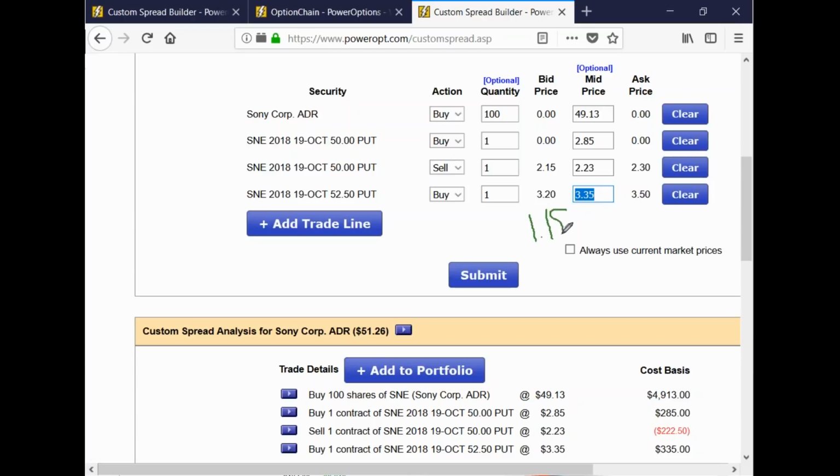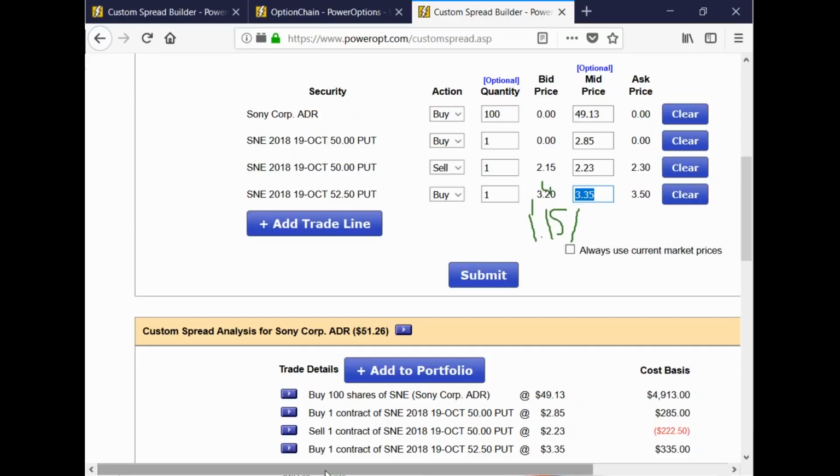115 to 250, we're under 50%. If the debit was 140, I might not do it. If the debit was 160, I'm not doing it. But if the debit's anywhere below 125, maybe even below 130 or 135, 60%, I'm probably doing it. Your other one was within that range too, remember. Sorry, we would have sold the 50 put for 260 on the 26th and bought the 52.5 at 395. You've got a debit of 135. That's still under. It's right at that 60% range that I look for.